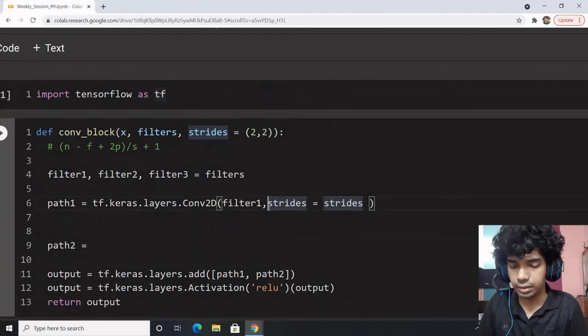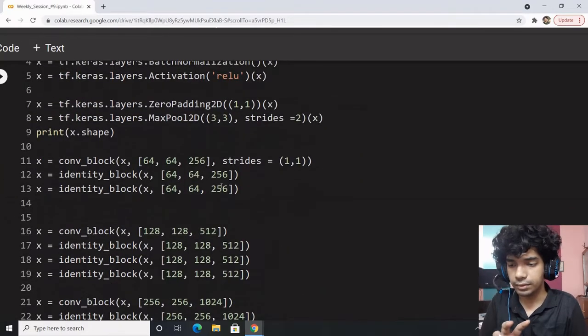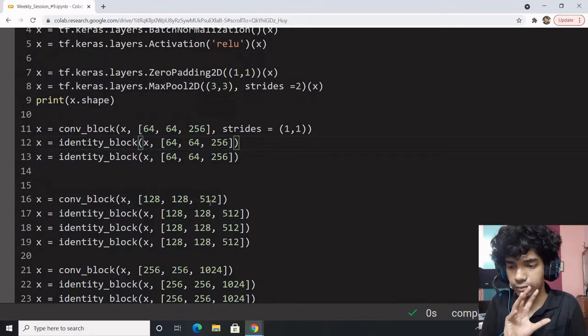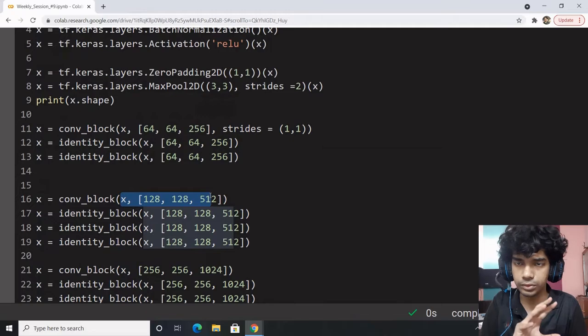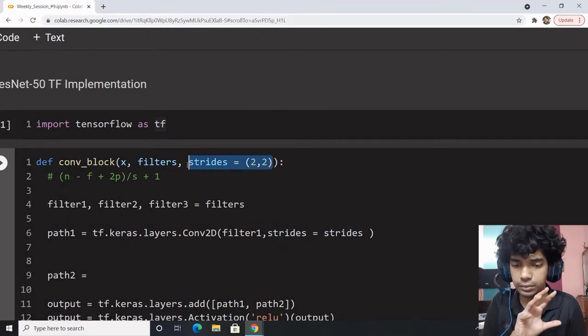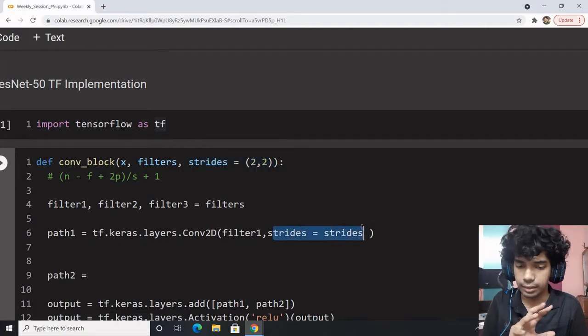Alright, perfect. I think I confused you over here. For the first entry point, strides could be 1 cross 1. For the rest of the convolution calls, strides would be 2 cross 2. So we are defining it with the default value of strides equal to 2 cross 2, and that would always be carried over. But when it is 1 cross 1, we change it, and it will automatically get changed.